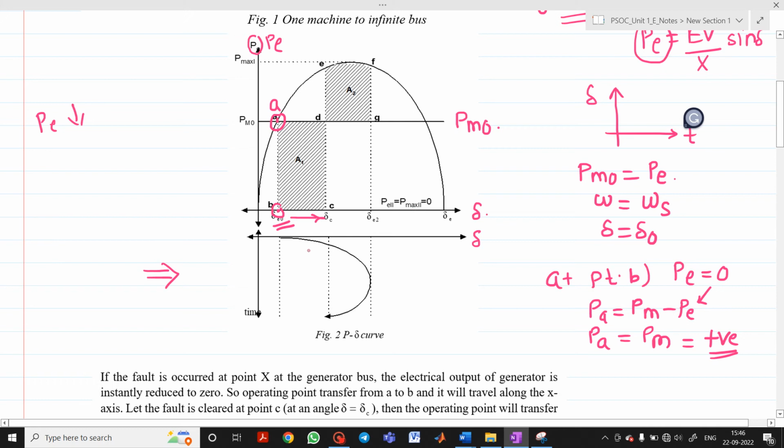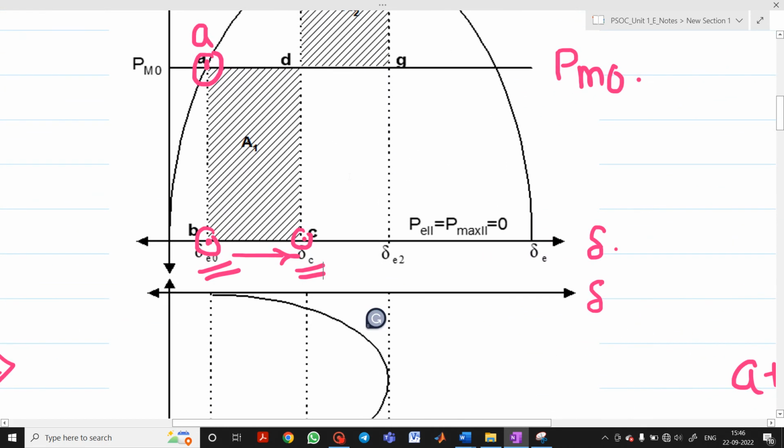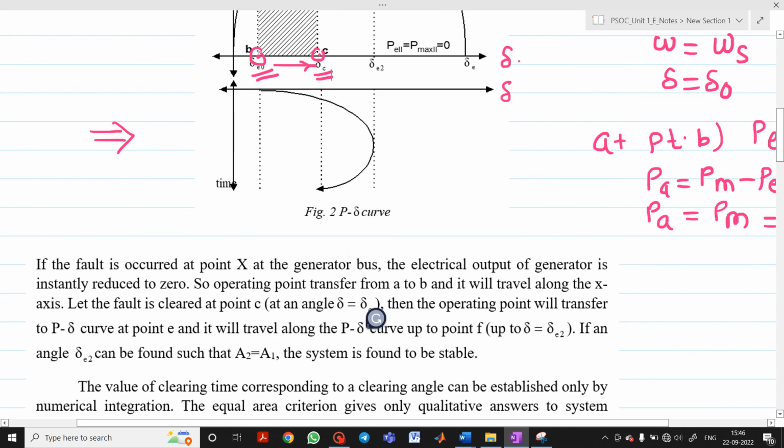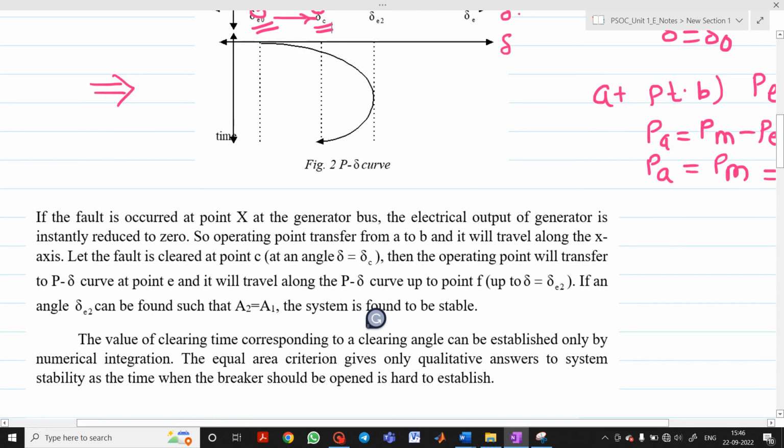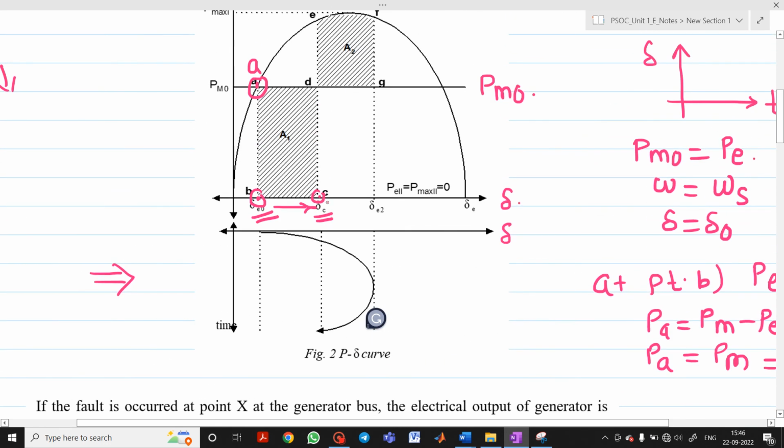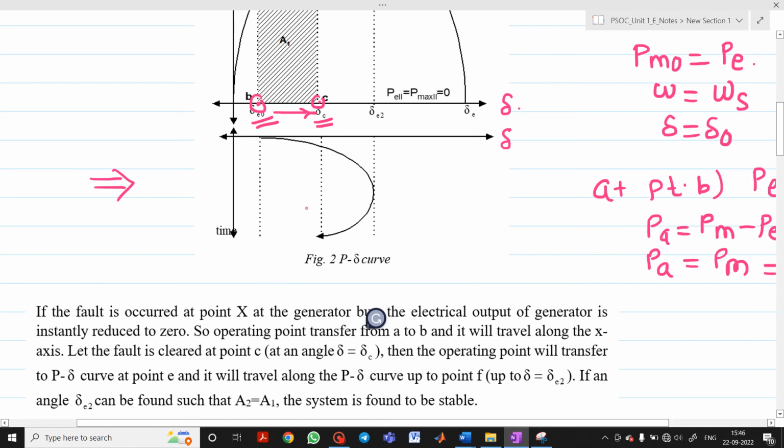Now what happens at point C? This is the point C which is shown here, and here we have written delta C. Please see it carefully. I will zoom this. This is nothing but your delta C. So what does this delta C indicate? When the value of load angle delta equals delta C, I will write it here at point C. At point C, when delta equals delta C, the circuit breaker will operate, the circuit breaker opens and the fault is